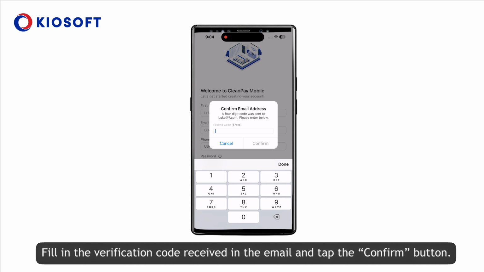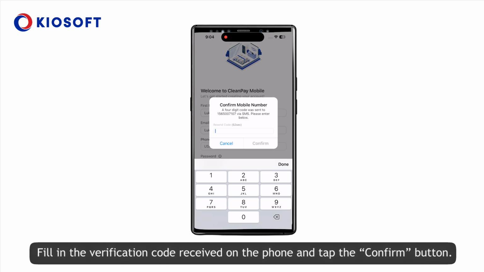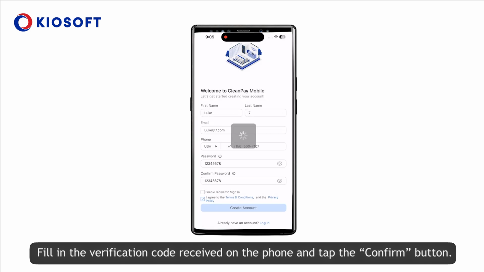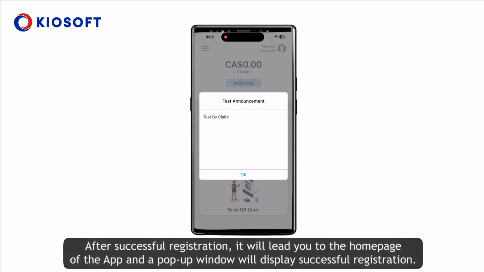Fill in the verification code received in the email and tap the Confirm button. Fill in the verification code received on the phone and tap the Confirm button. After successful registration, it will lead you to the home page of the app and a pop-up window will display